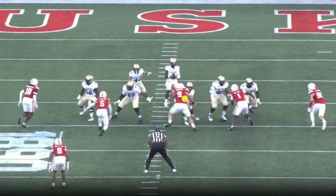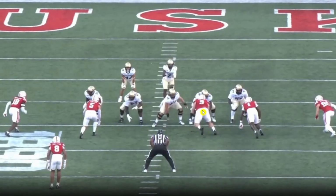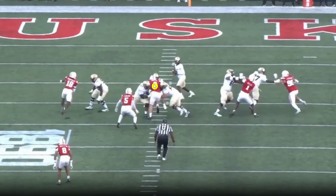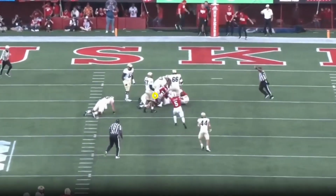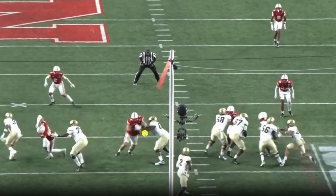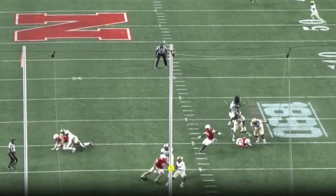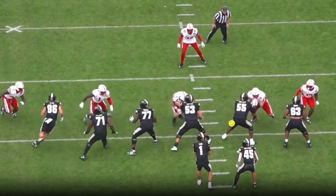Now, the good stuff, of course, is as a pass rusher, right? You see here against Colorado, wicked club move there. Rip through, and then the balance through contact, I think, is underrated when it comes to a guy like Ty Robinson right there. Finish through here, again just in a good position to chop, arm over, rip through, and then be in the backfield to create pressure, right? That's what you want to see, right? For the Philadelphia Eagles, who want to create pressure with 4,